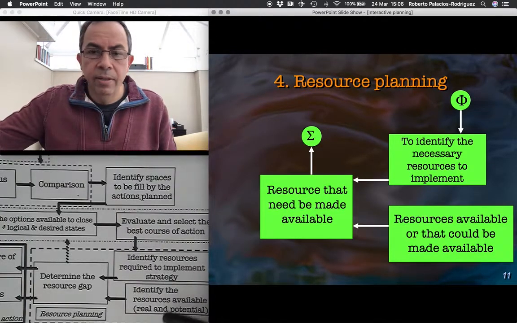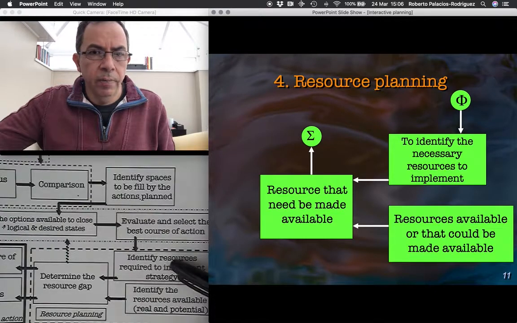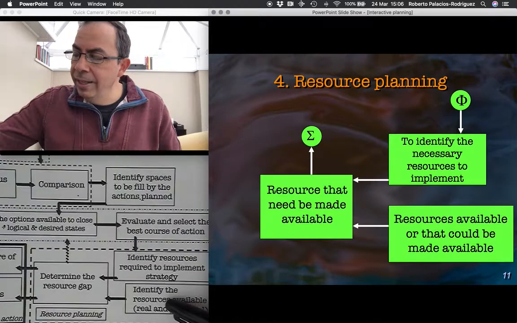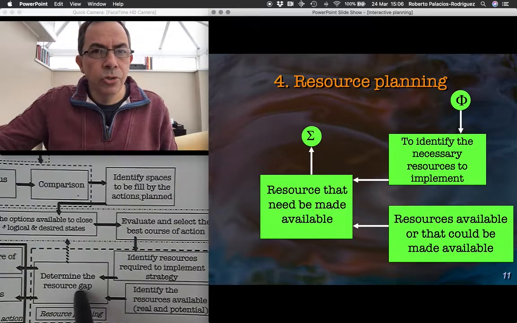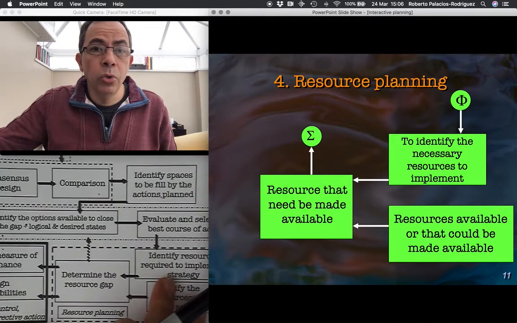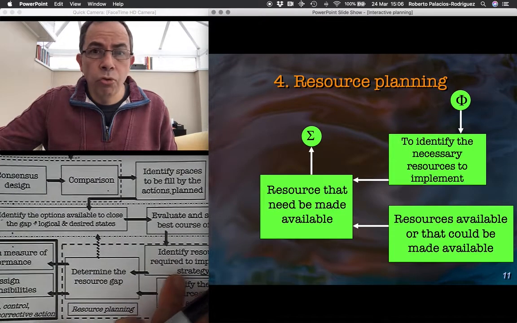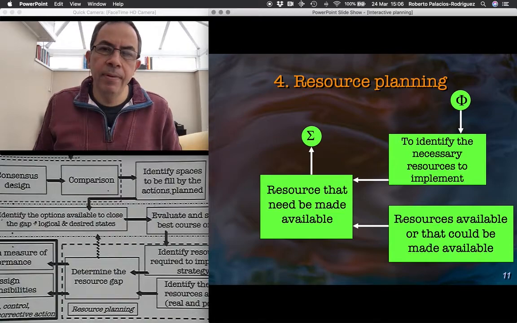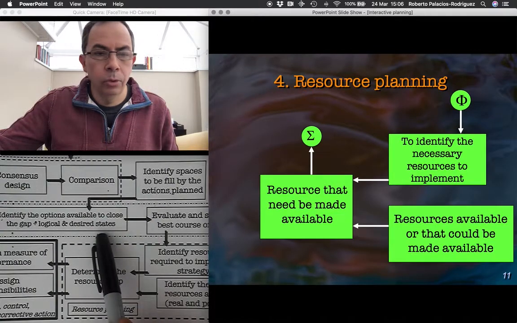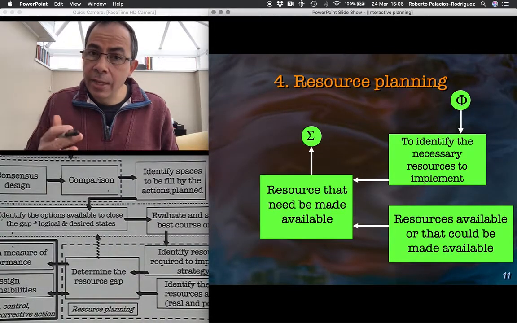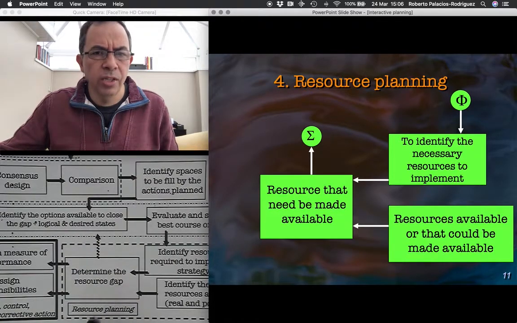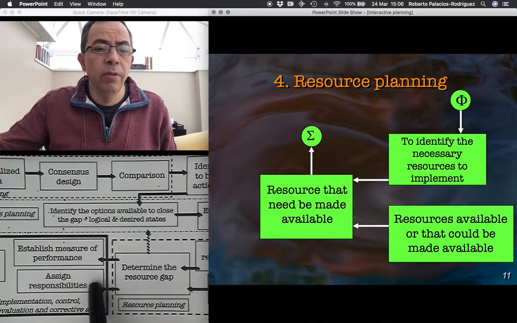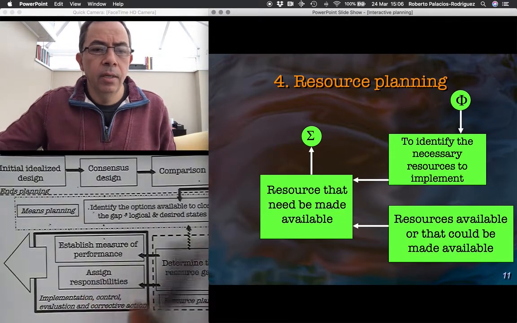If there is a difference between what is required compared to what you got or what you are going to have, clearly this is the resource gap. Those are the resources you need to get. If those resources are not or can hardly be made available, you go back to the drawing board. Assuming you identify those resources could be attainable, could be obtained, then you proceed to the final stage, implementation and